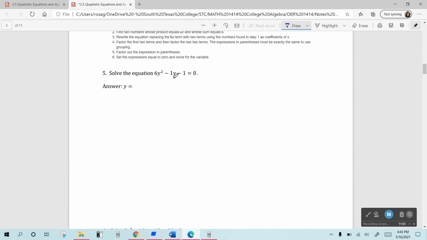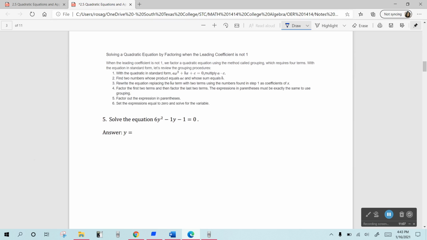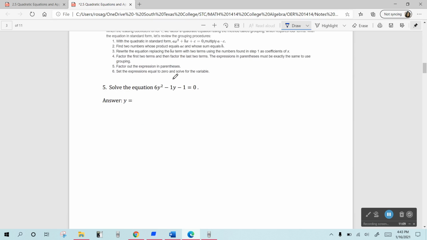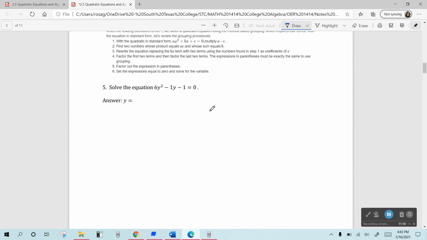Now let's talk about completing the square here. This one. This one is just factoring. Solve the quadratic equation by factoring when the leading coefficient is not 1. Okay. So if we're going to do that,